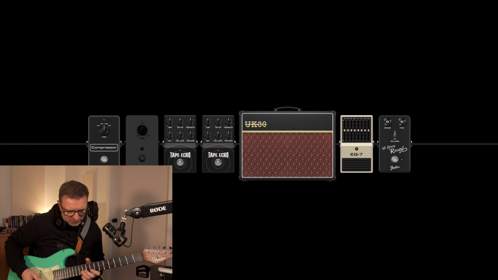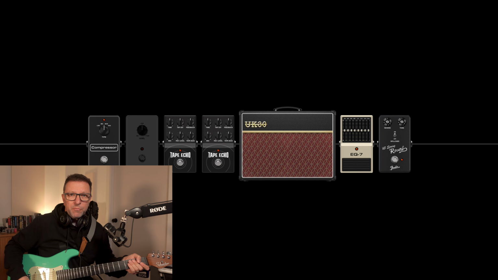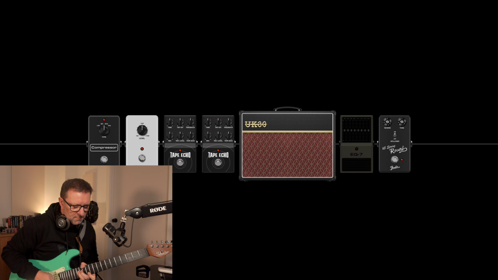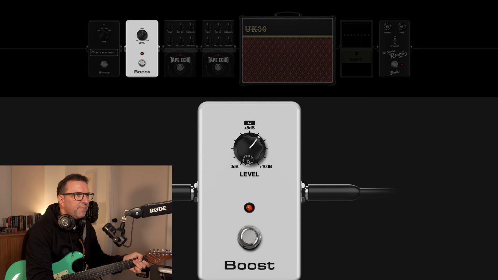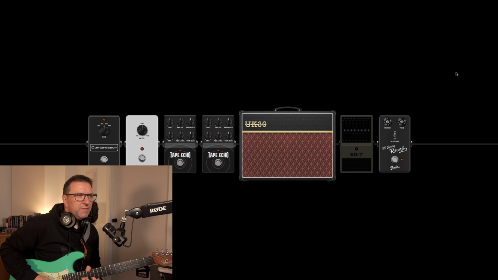So you have the normal sound. This is all using the bridge pickup, by the way. Then the bright switch. Might even need a bit more boost. I think it's because it's an old recording, it just has a bit of like tape saturation.